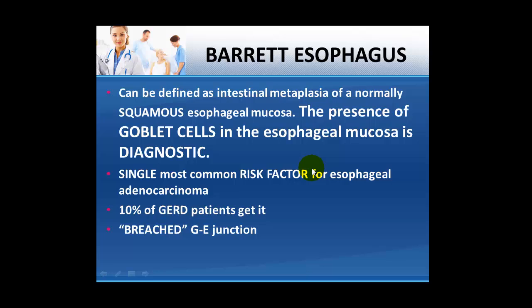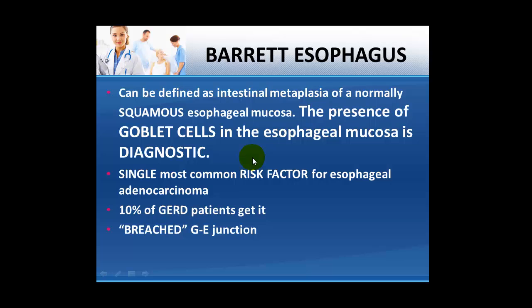Now coming to the Barrett esophagus, we actually know that the esophagus has a thing called the squamocolumnar junction, right? The squamocolumnar junction means the squamous part of the esophagus and the columnar part of the stomach. So that squamocolumnar junction is an important transition zone. When this squamocolumnar junction starts moving a little up, that means the columnar epithelia is now coming and replacing the normal squamous epithelia of the esophagus.